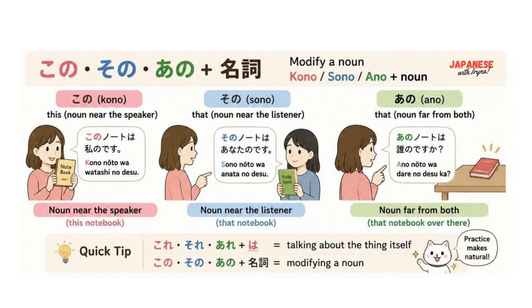And let's compare. So we could say これはペンです. Yes, right. Like これはペンです. This is a pen. But when we are going to use この, we just say この pen, this pen. And then we continue. We're going to say this pen, for example, is black. このペンは黒いです. これ、それ、あれ, we're just naming the objects. But このその、あの plus nouns, they modify a noun and add more description to them.